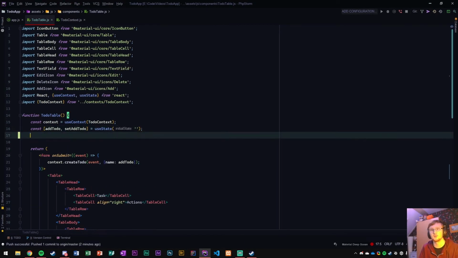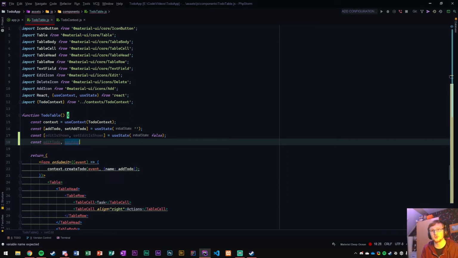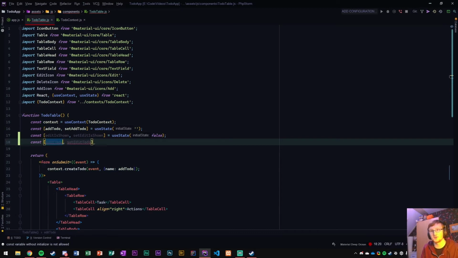So we're going to create another variable, const edit. Let's see, edit is shown. So edit is shown, that's what I want to do. In an array, edit is shown, and set edit is shown. So that's going to use state with an initial state of false. So that's going to be checking it. And then we also need to have a const of the edit, so the edited text. So edit to do, and then set edit to do, and again, put those in an array, and equals use state. There we go. And again, standard is it's going to be text field, so it needs to be an empty string